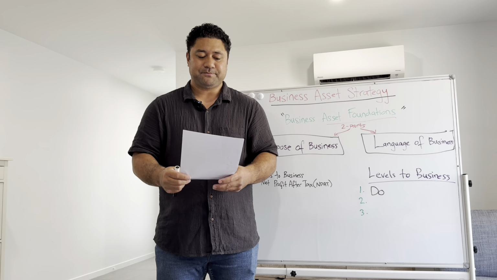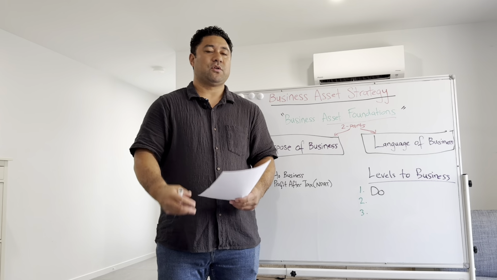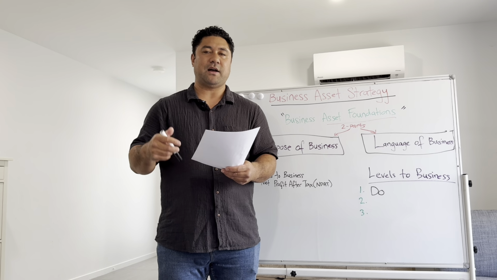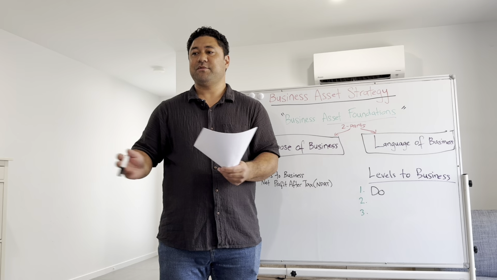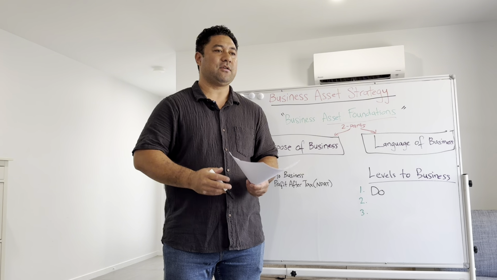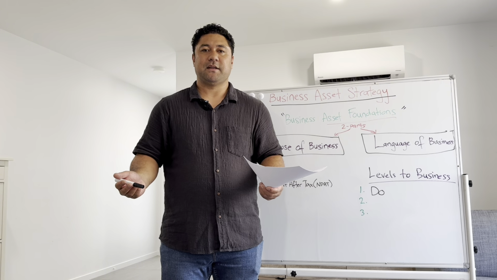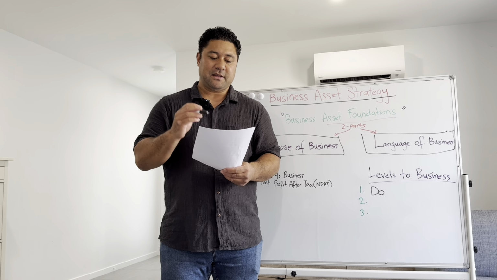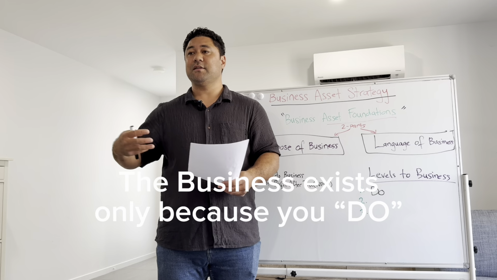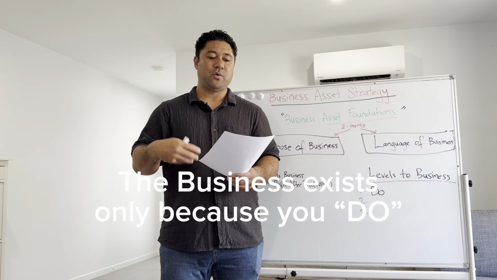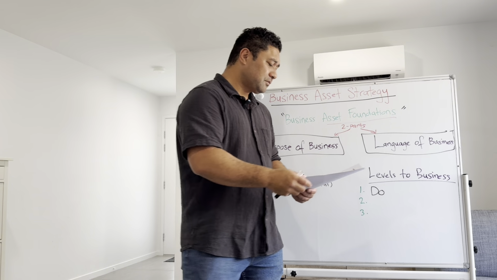Okay, so in a nutshell, for those who understand a little bit of business, when you're a sole trader, this is very common. You are the business, and if you go to sleep, you're not making money. If you're sick, you're not making money. If something goes wrong, you're not making money. That's what I mean by the first level of business is do. You're doing the business. You are the doer, you're the laborer. So that's the first level. Second one